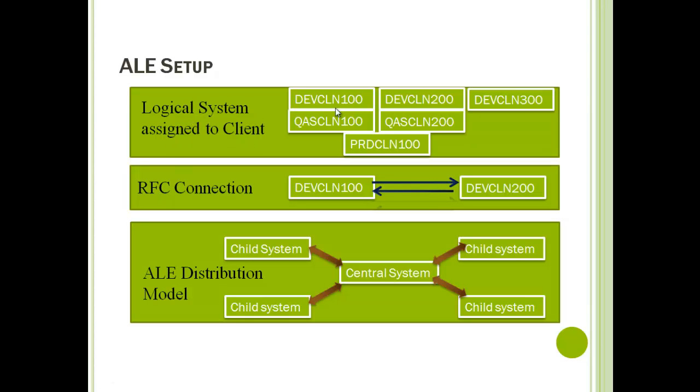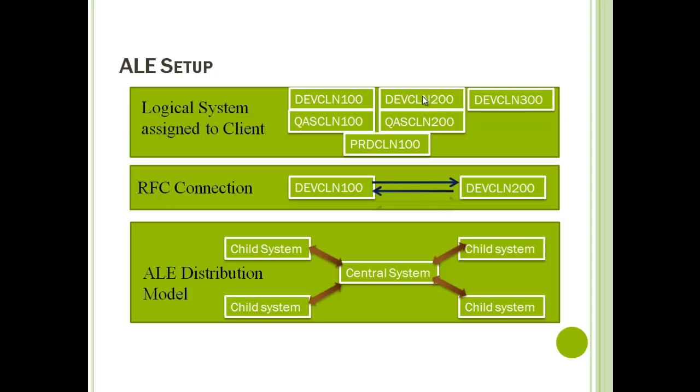Each child system should be identified using a logical system name, that is a unique identifier for each client in a respective system, and it should be assigned to the specific client. That will be assigned using SCC4. Logical system will be created using the transaction SALE. So the communication between one logical system to another logical system, that means one specific client to a different specific client, in our case our central system to the child system,